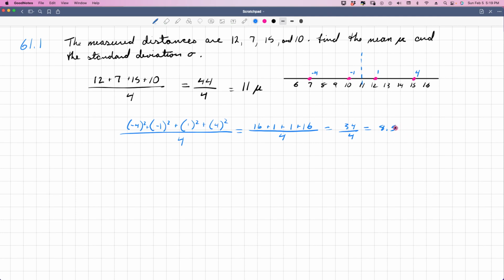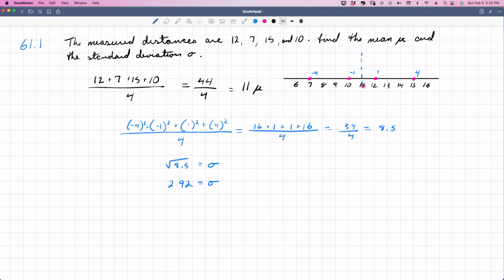8.5 is our variance. So now to find our standard deviation, we're going to find the square root of 8.5, the square root of our variance. So the square root of our variance is 2.92 when we put it in the calculator. So that's our standard deviation. So that is the process that we would use in order to find the standard deviation of a set of